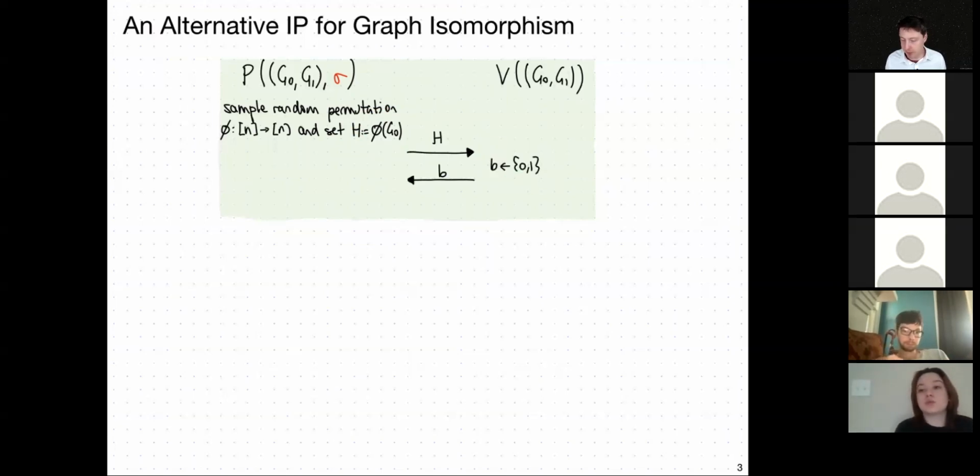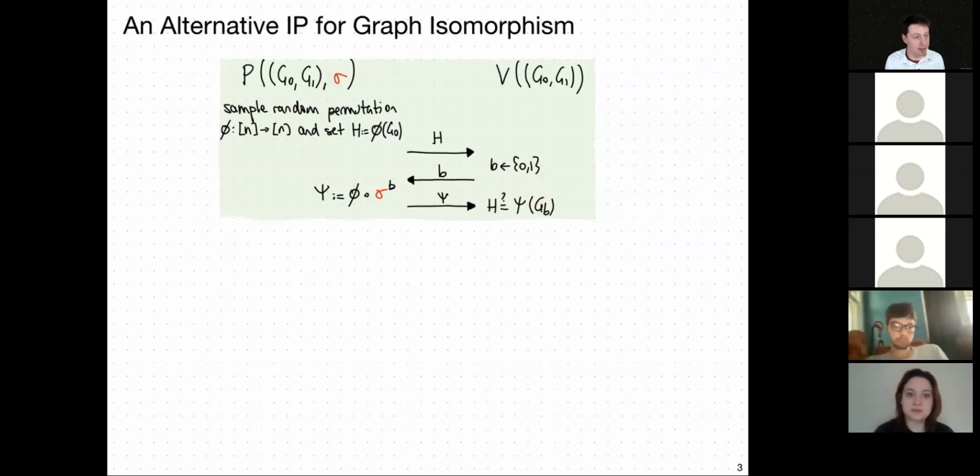Subsequently, the verifier samples a random bit and sends it to the prover. And the prover sends this permutation. It looks weird, but essentially the verifier is saying, please show me a permutation between the graph G_B and the graph you sent me at the very beginning. One way to represent it is exactly this one. Why? Because if B is 0, the verifier was interested in seeing a permutation between G0 and H. In that case, it would have been purely this